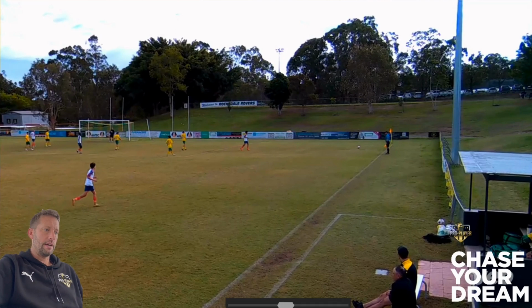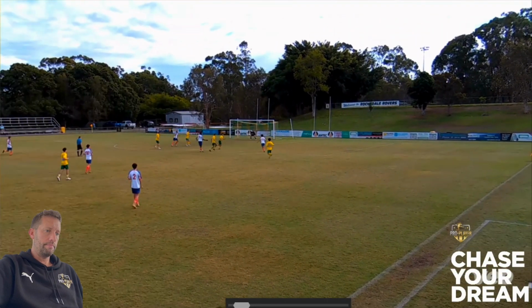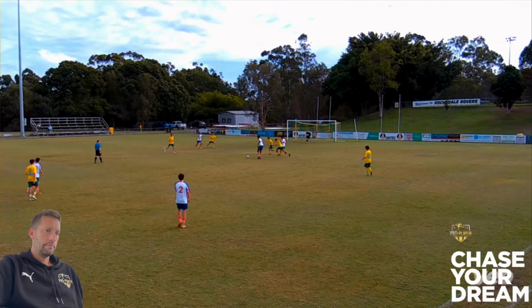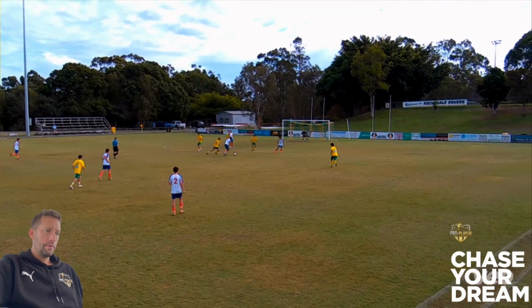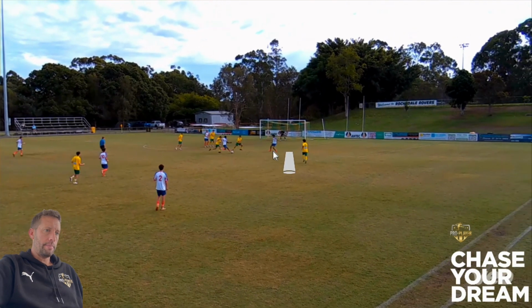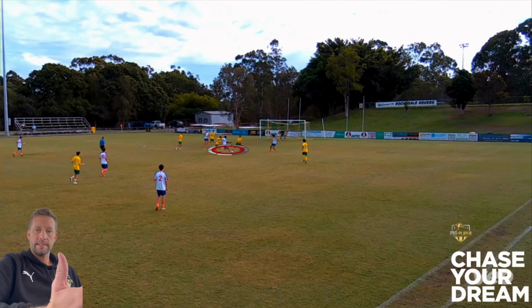Good. I think here you've done really well on the press on this one. And then when you win it back, you're backpedaling. See, you look at your body shape now. Your body shape's facing the ball. What I would say to you is, if you can backpedal with your feet so you see the ball and the goal, and then really what you want to be doing is communicating. You want to be communicating with the ball player here. And you want to be using hand signals. You want the ball played